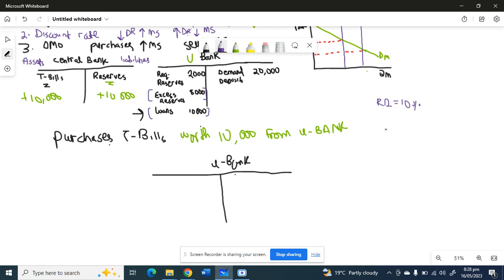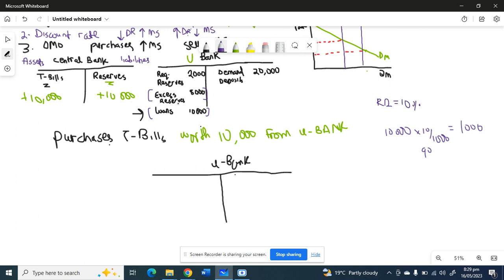All right. So from this 10,000, we'll say 10% goes to the required reserves. 10% of 10,000 is 1,000, right? Then the remaining 90%, as I said, can be split between excess reserves and